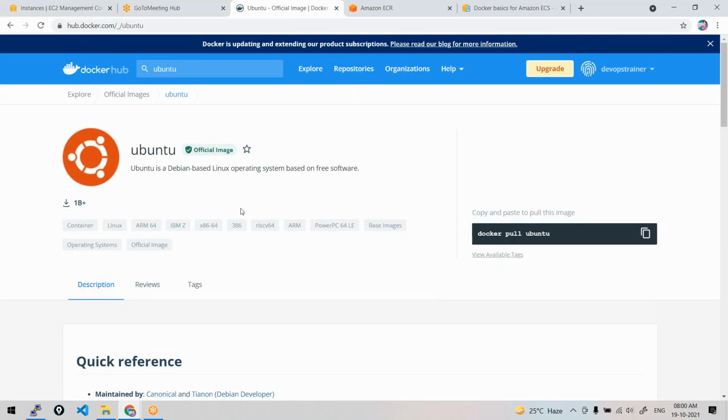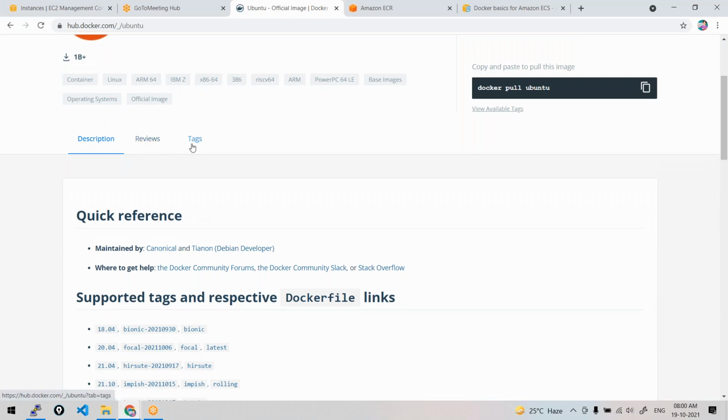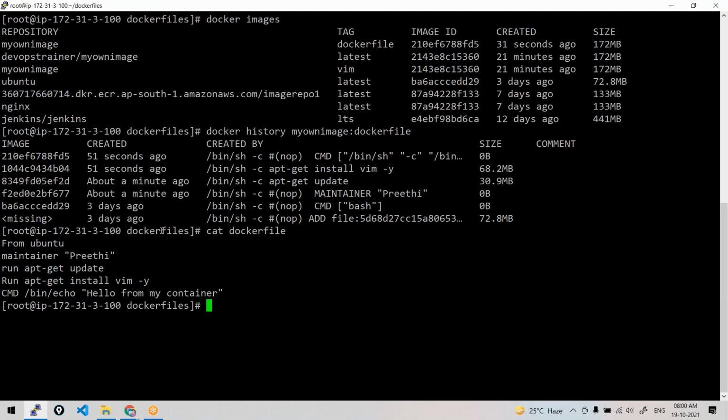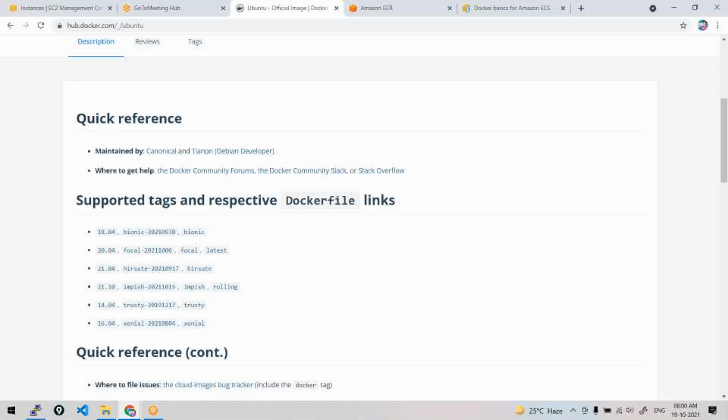Go to the official website, and here you will see supported tags and respective Dockerfile links. A Dockerfile is a text file. Where do you store Dockerfiles? Generally on repositories like GitHub, because they're all text files. You could maintain different versions of your Dockerfiles. Like I said, create your Dockerfile, store it on the hub, pull it and build it. I'll show you the complete flow in the coming sessions.